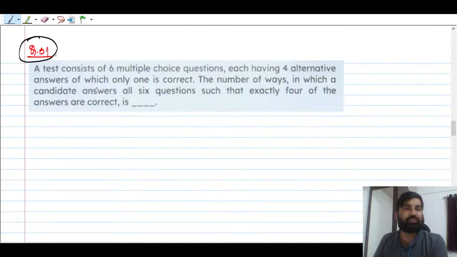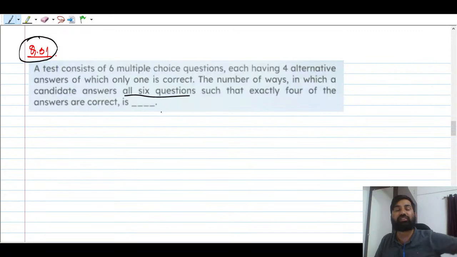Now the very first question is on your screen, and I hope everybody can solve this question. Our test consists of 6 multiple choice questions, each having 4 alternative answers, of which only one is correct. So out of 4, certainly one will be correct. Okay, that we know. Number of ways in which a candidate answers all 6 questions